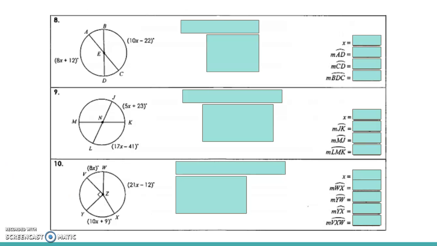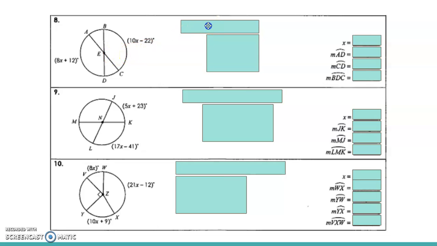Central angles, we can do these problems with a little bit of algebra in it, so with our algebraic expressions. If we look at number 8, we see that they're asking us to find the value of x, and then using the value of x, we can find all of these different arc measures. Starting off with finding x, they gave me 2 algebraic expressions for my arc measure, and those angles are vertical